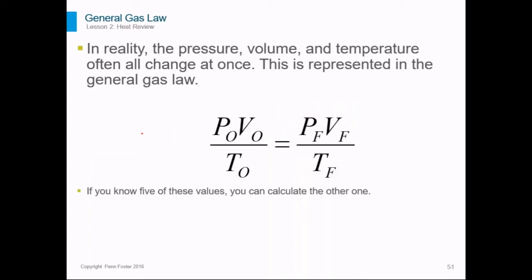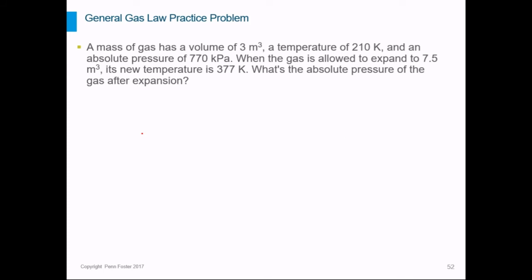Okay, so we had all three of those equations. They're kind of short. They kind of only deal with two variables at once. But in reality, pressure and volume and temperature change all at the same time. So we actually have this last mega formula. It's called the general gas law. And this combines all three things. We've got pressure and volume and temperature. And it still works exactly the same way though. You fill in all of the values except one, and then that's the one that you're solving for. So our very last thing is a practice problem with that,